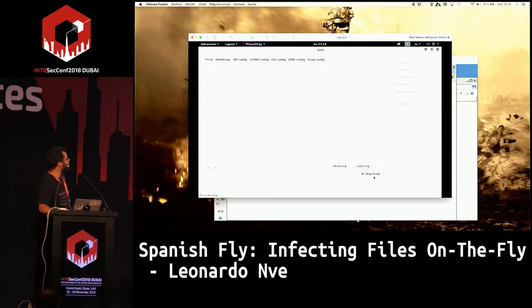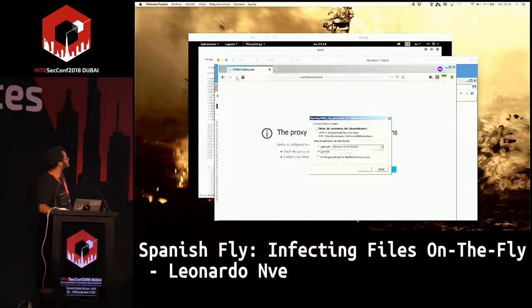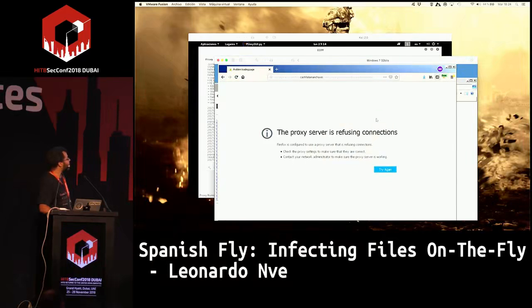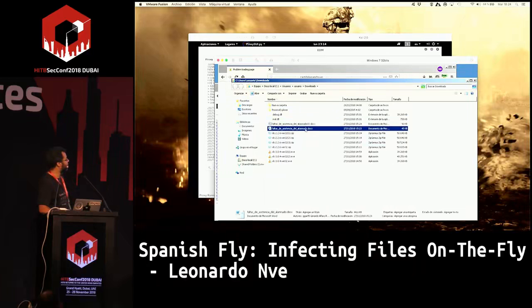The proxy stopped proxying. Something happened with the proxy. Download it. Okay, this is the original one, and this is the modified one. It's almost double the size.